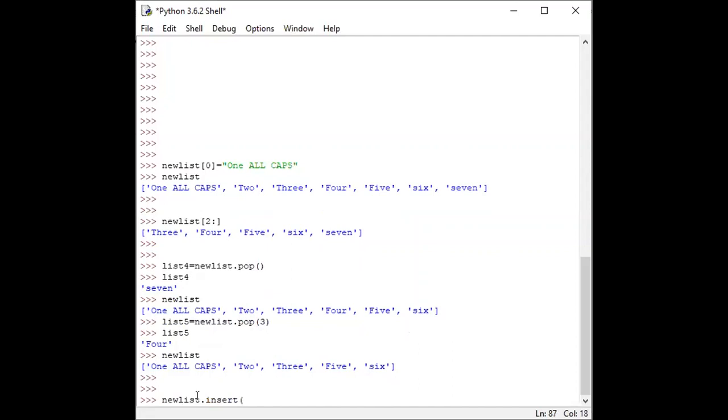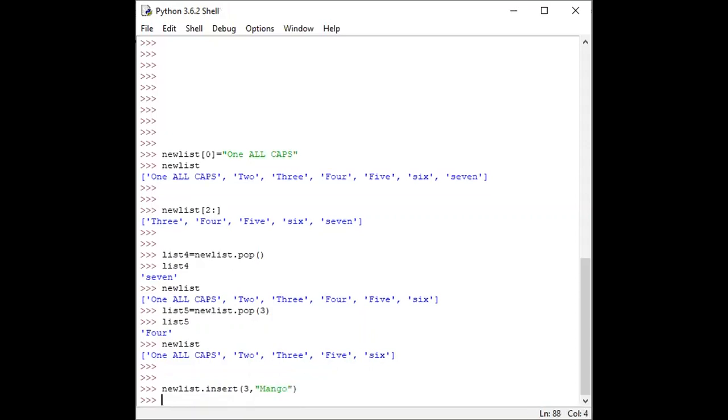If we want to insert at address 3, for example, we want to add a string, mango, for example. So enter and check new list.